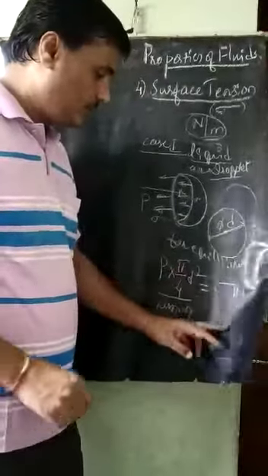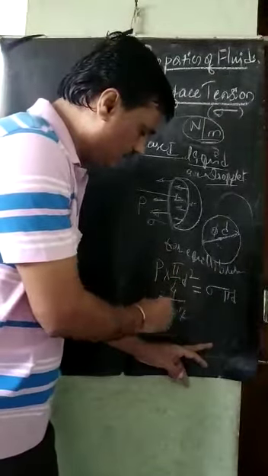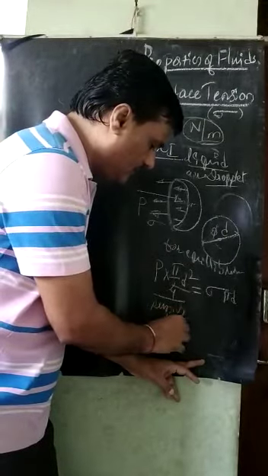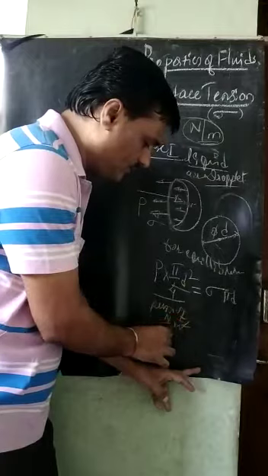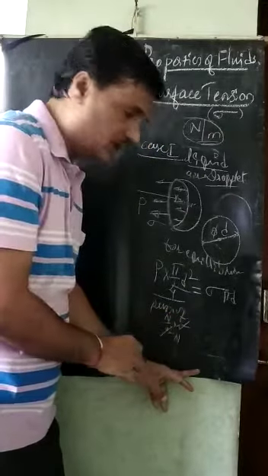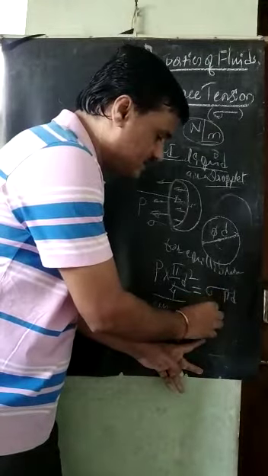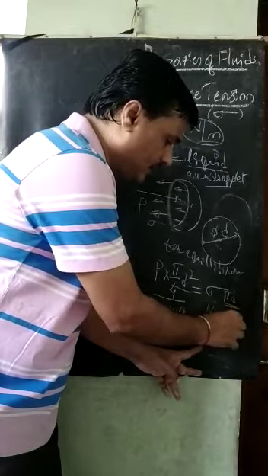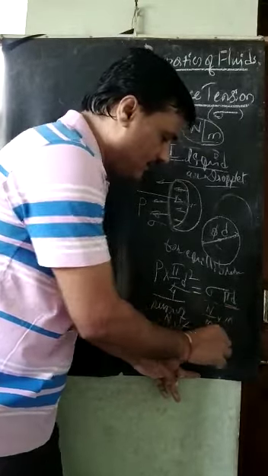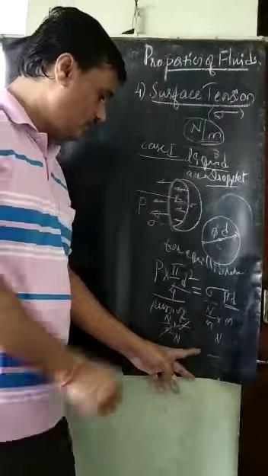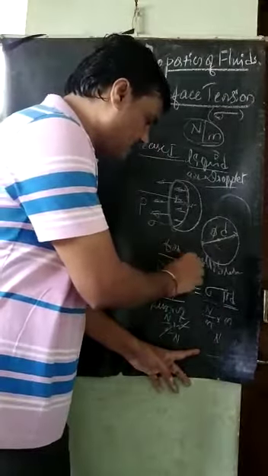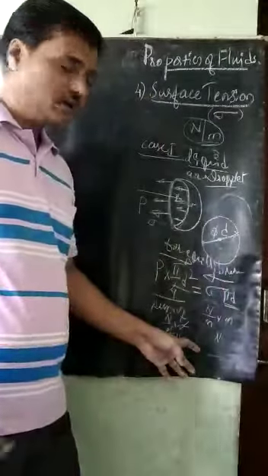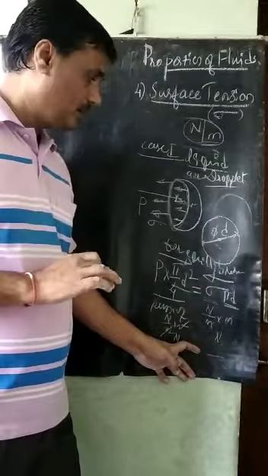So, in the units also we can see, pressure is Newton per meter squared, and the area is meter squared. Meter squared gets cancelled, and we have a Newton. The unit of surface tension is Newton per meter, into the perimeter in meters. Meter gets cancelled, and we have a force. So the pressure force acts in this direction and the surface tension force acts in this direction, but both are in equilibrium.